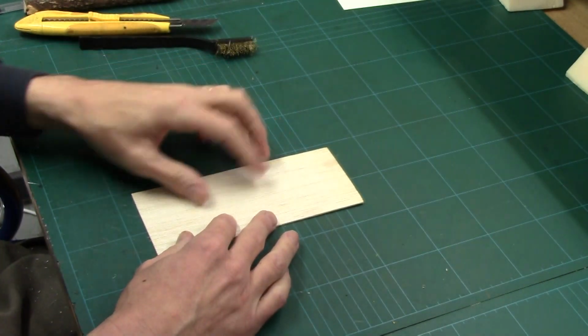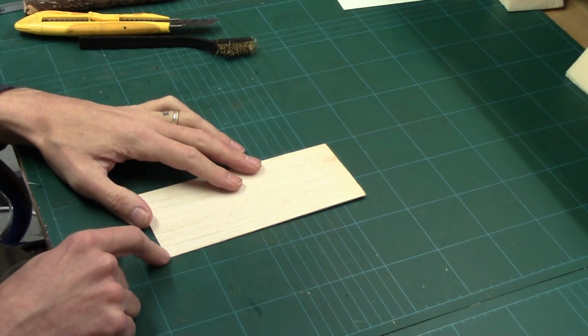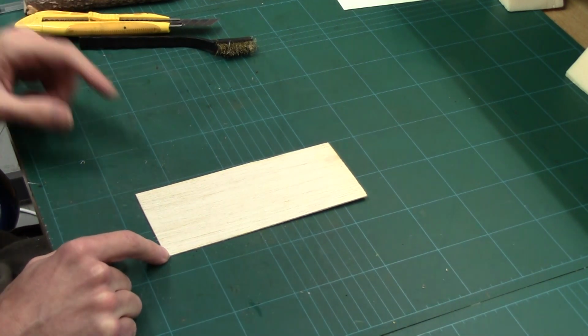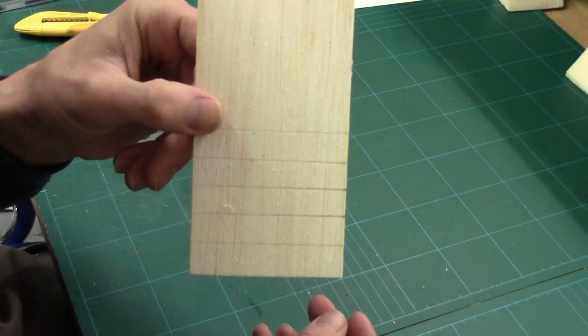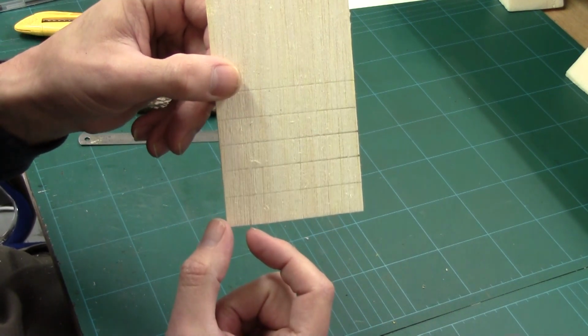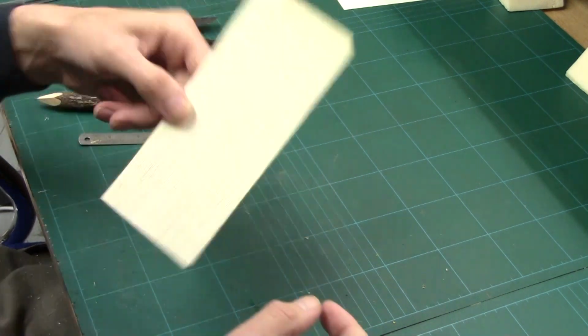Now the next thing I need to do is mark off, much like with my card, where my actual tiles, my shingles, are going to be. So I'll crack on with that now. So that's my lines marked on it. Now the next job, before I do my individual shingles, which are going to be roughly half an inch,